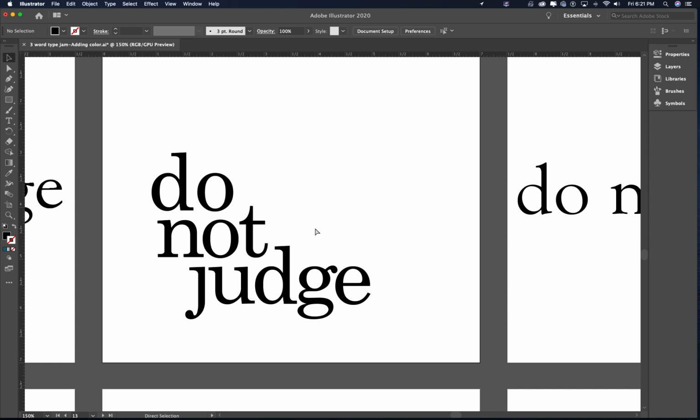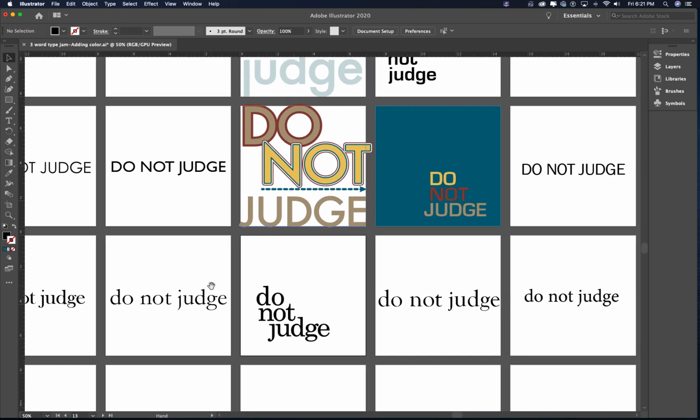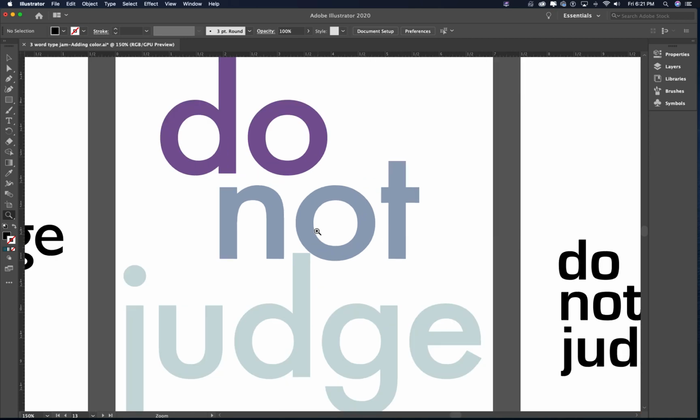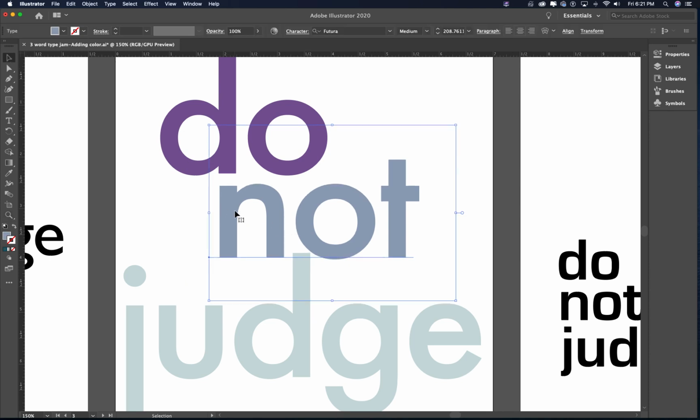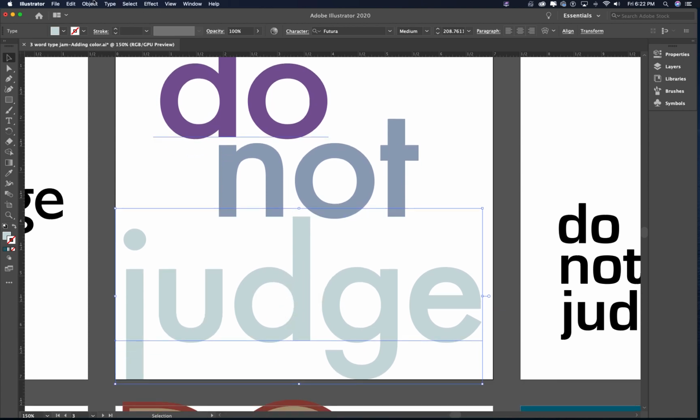So let's zoom out, see if I can see another one we can play around with. Okay, here's one that we can change. This one says do not, and the D goes off the page, and the not is underneath. So I'm going to bring it a little closer, and it kind of aligns with this D. But this D is getting a little bit stuck in here. And so what I'm going to do now is outline this text right here. Go to Type, Create Outlines,